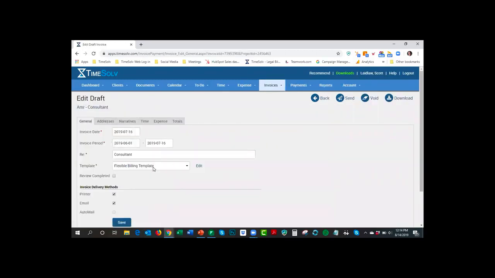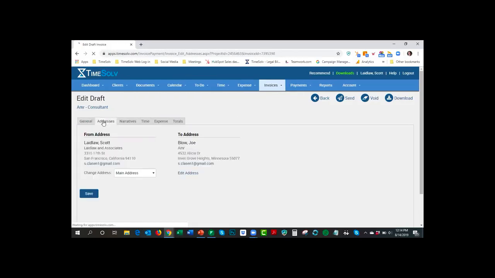And even here now, you can change the billing template. You can change the address of where you want the invoice to be coming from. Okay, that's going to have this come over to that screen here. There we go. So we could change it and change the address to come from somewhere else if you'd like.